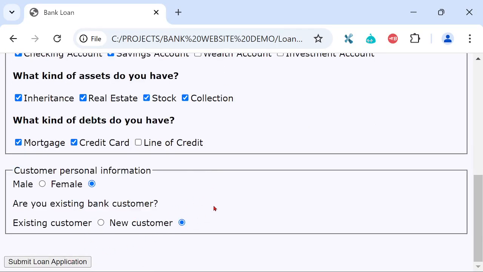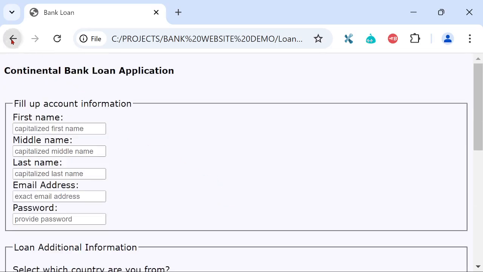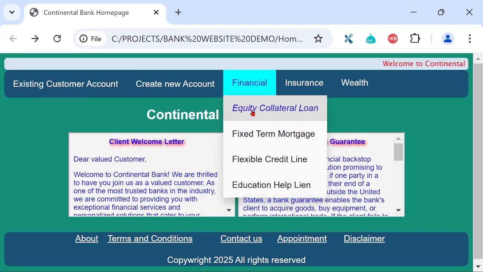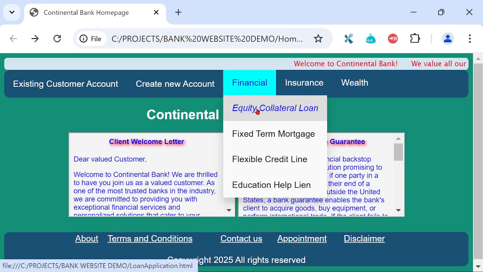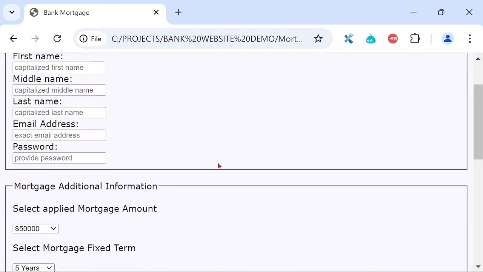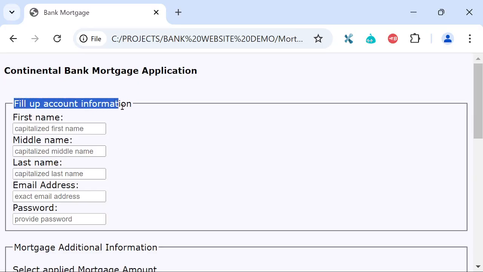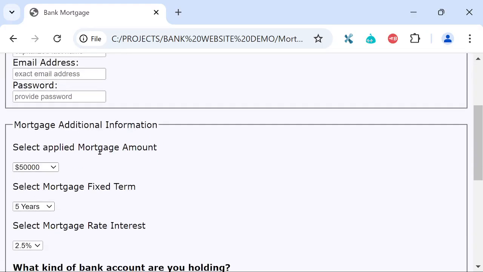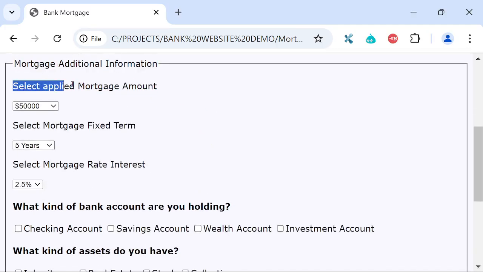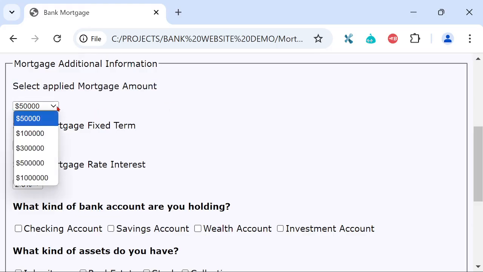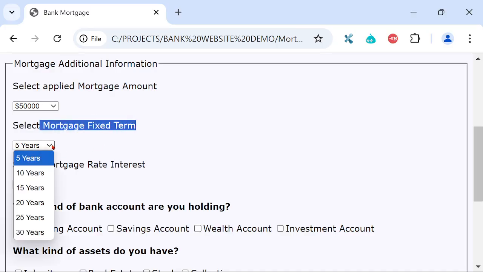So you're submitting another application. Financial, equity collateral loan, we've just been there, fixed term mortgage. Same sections, familiar to you. Mortgage additional information section. Select applied mortgage account. There are some fixed values for what mortgage amount you're applying. Select fixed term. That is from 5 to 30 years